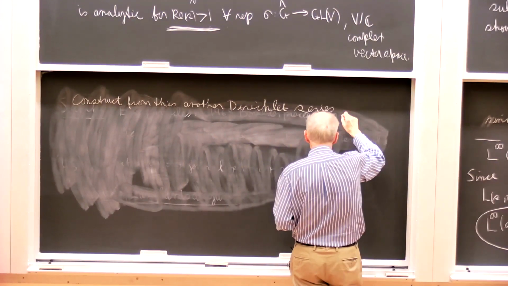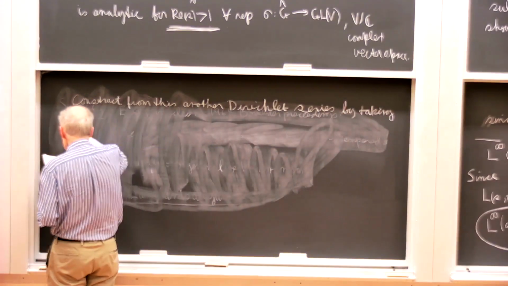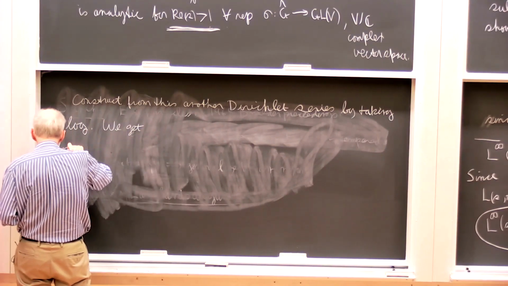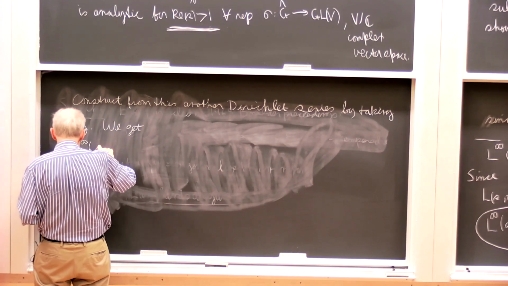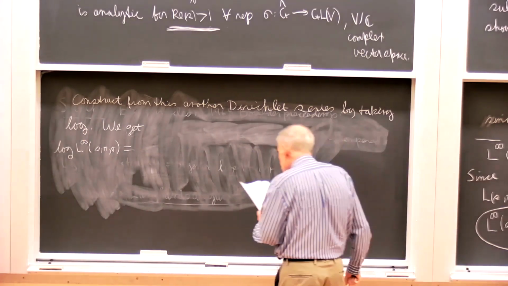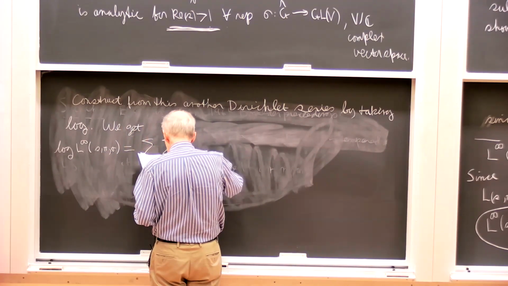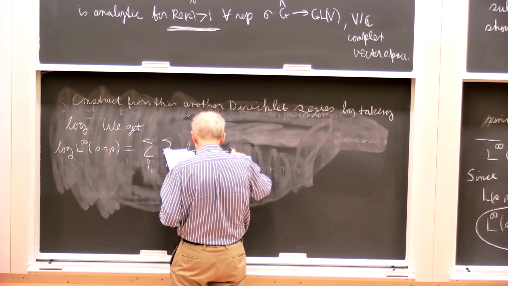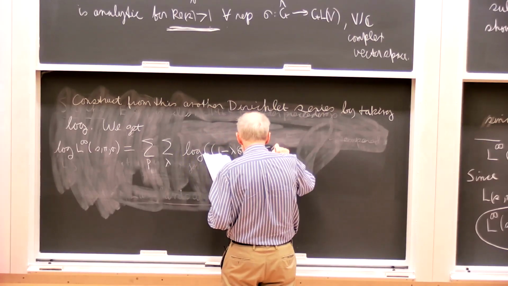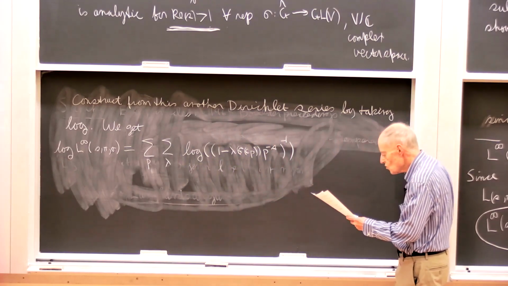By taking the logarithm, we get that the log of L infinity S pi sigma is equal, now these products become sums. So we get the sum over P, sum over lambda of log of 1 minus lambda sigma Cp P to the minus S to the minus 1, which is